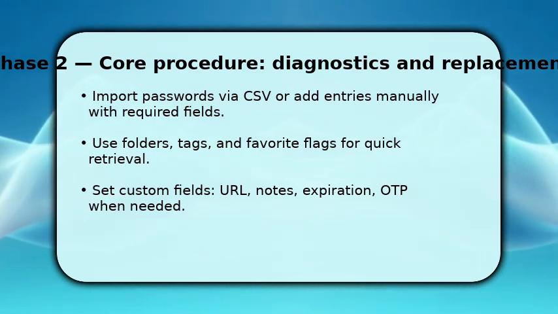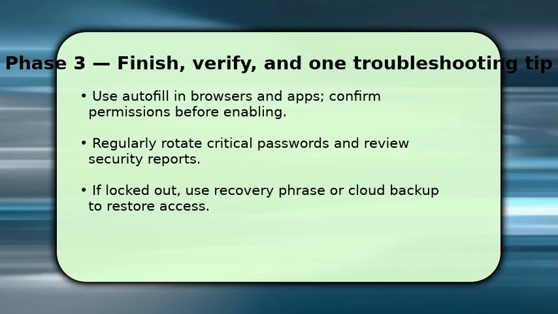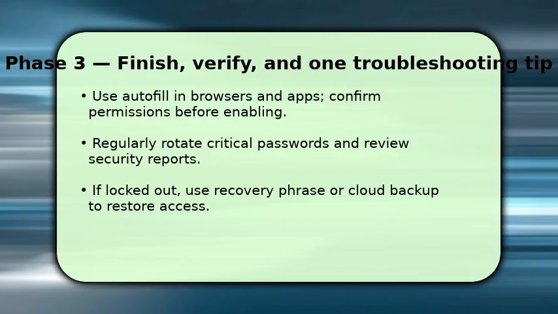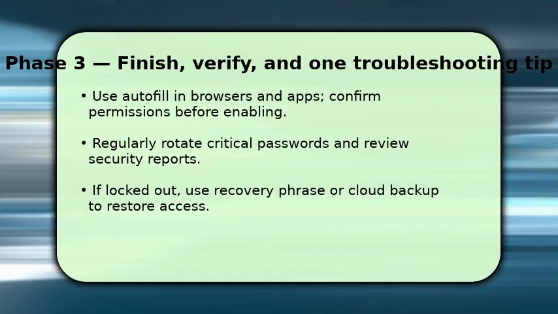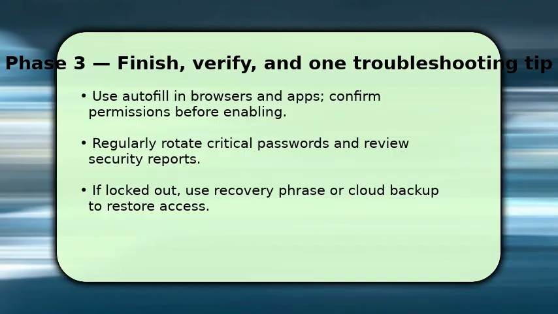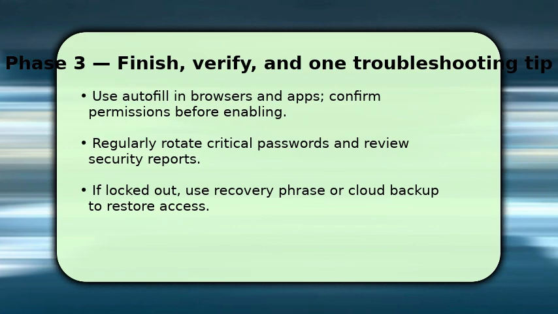Finally, use the autofill feature to save time, but review app permissions before enabling autofill on shared devices. Once you're using the vault, schedule periodic reviews and rotate critical passwords. Security reports help you spot weak or reused credentials. If something goes wrong, first try biometric or device-level unlocks. If those fail, restore from the cloud backup or your offline recovery phrase. This final step completes the workflow and gives you one reliable